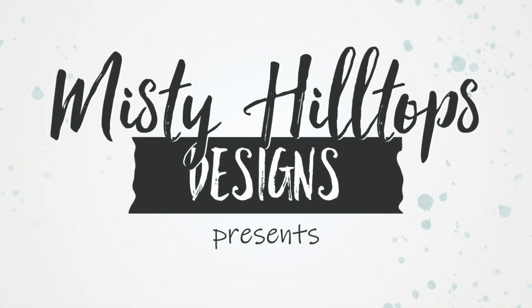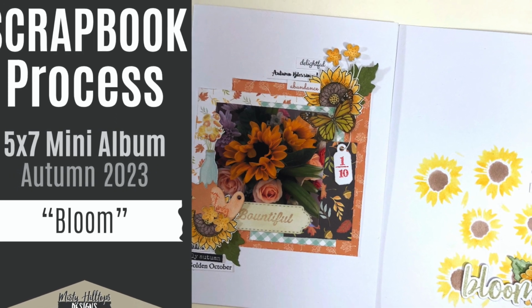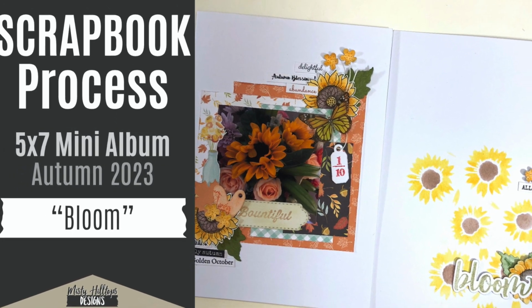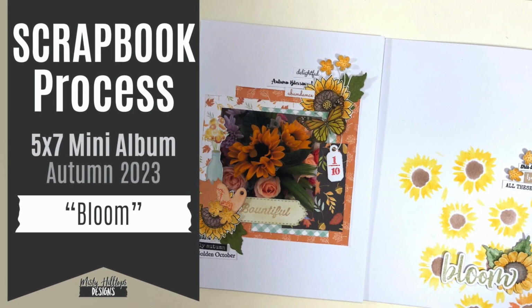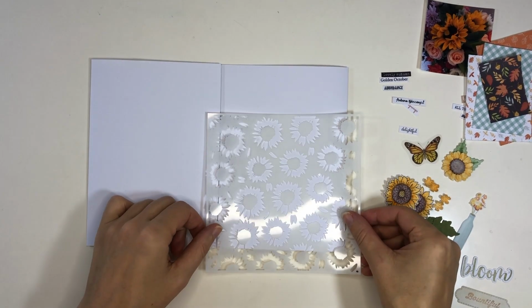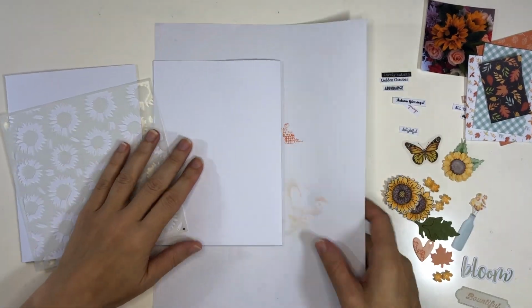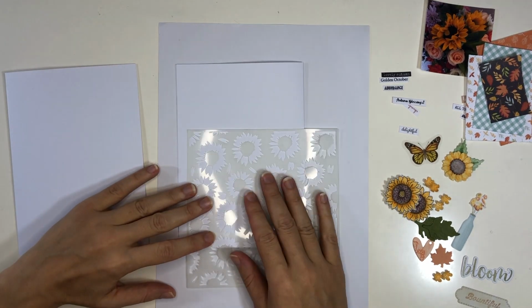Thanks for stopping by. In this episode, I'm working on a 5x7 double page spread for my Autumn 23 mini album, and I titled this page Bloom. I'm using the digital version of the collection Welcome Autumn by Carta Bella, and lots of stamps, dies, and a stencil. So this is a layered stencil, and I'm starting to work with this by starting with the